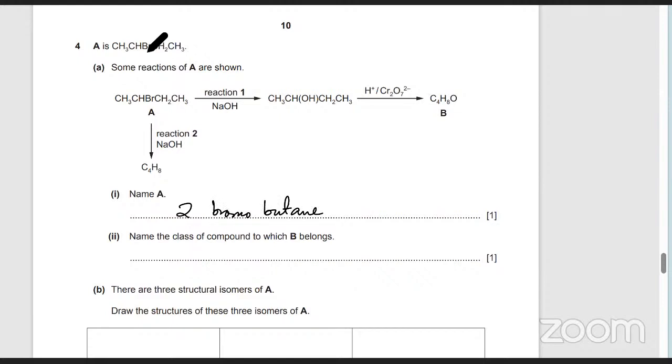ठीक है, bromine is on the second one. Name the class of compounds to which B belongs. B कहाँ पे? B is this one. अच्छा तो